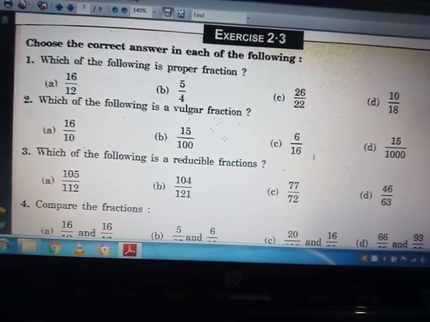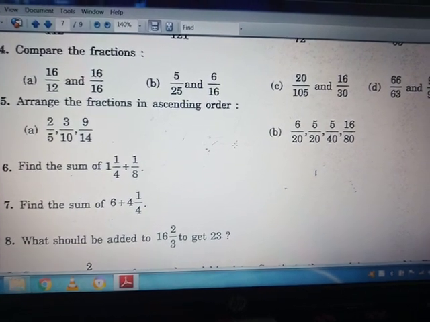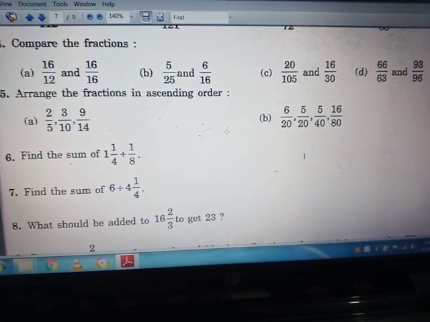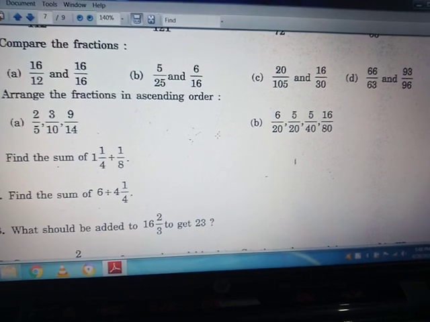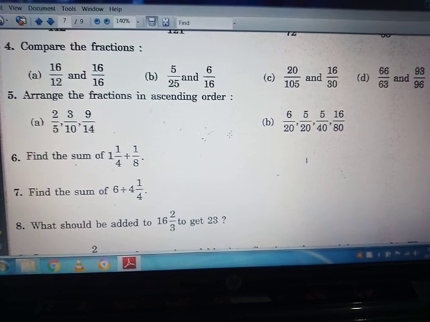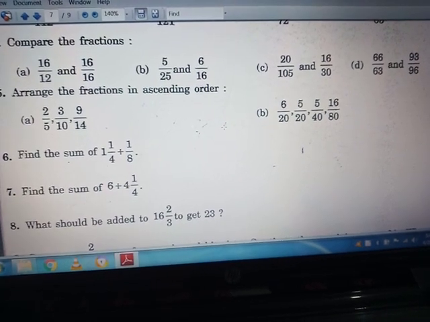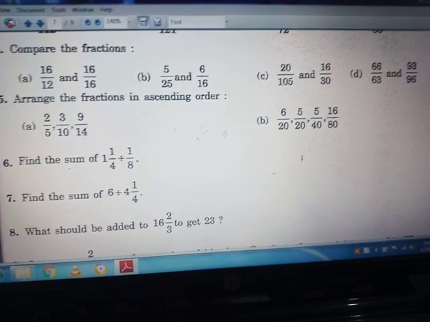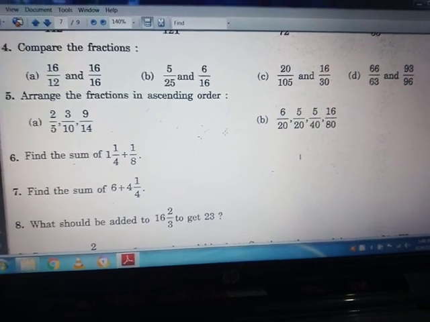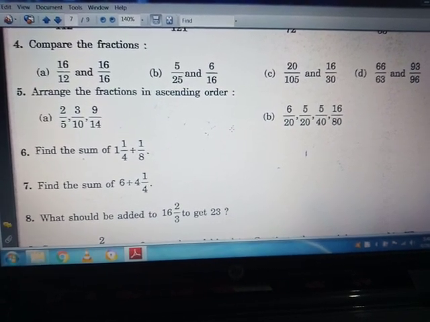Okay, now we will move to question number 4. Question number 4 is compare the fractions. In exercise 2.1, in the previous videos, we have solved this type of question. First of all, we should convert the denominators to be equal. We should first make the denominators equal, then after that we will do this. This is your homework. If you have not seen the exercise 2.1 videos, you will not be able to solve these questions. So